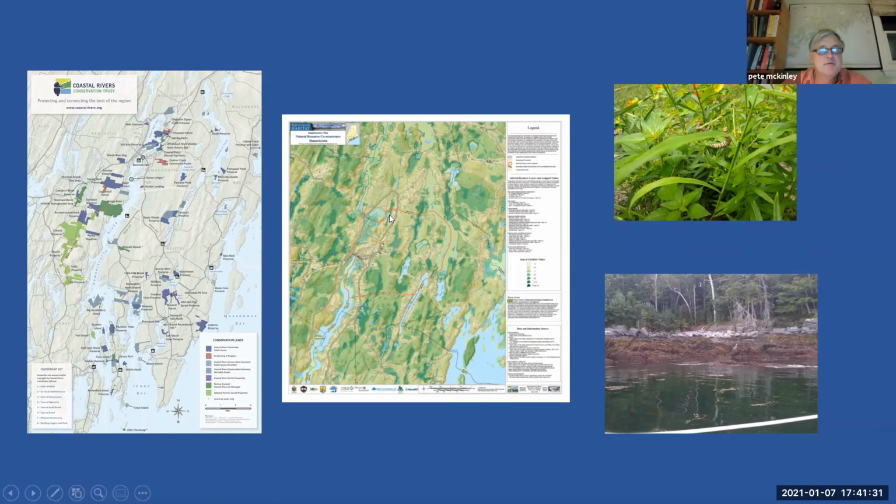And we use maps, just to review, such as these natural resource maps. This is the co-occurrence map of multiple ecological values. This helps us steer toward the areas that are important for connectivity, they're important for conservation. And back to my caterpillar and my biology lesson of the summer from my dear old mom,